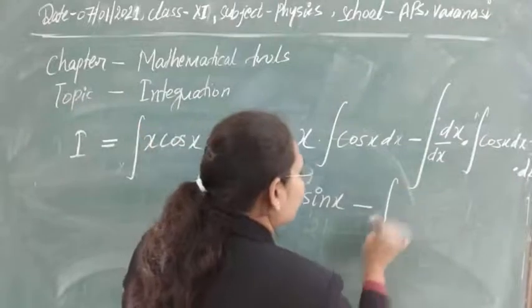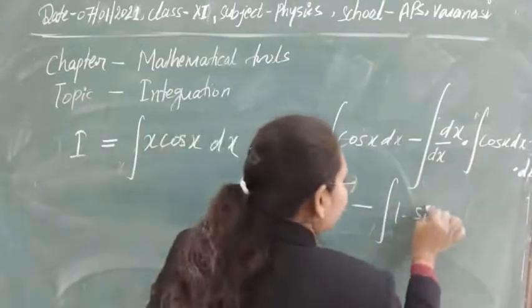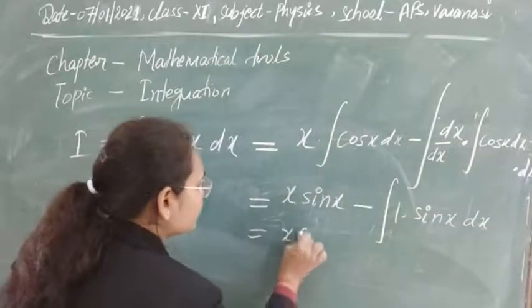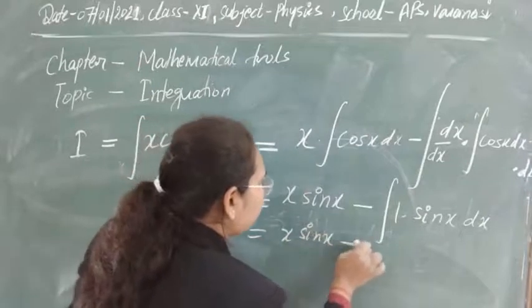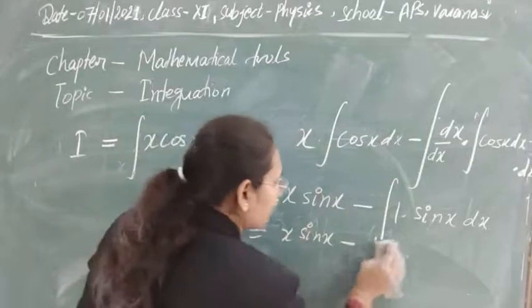Minus, here you are seeing that its value is equal to 1. It's again the integration of sin x dx. This is x sin x minus the integration of sin x, and the integration of sin x will be equal to